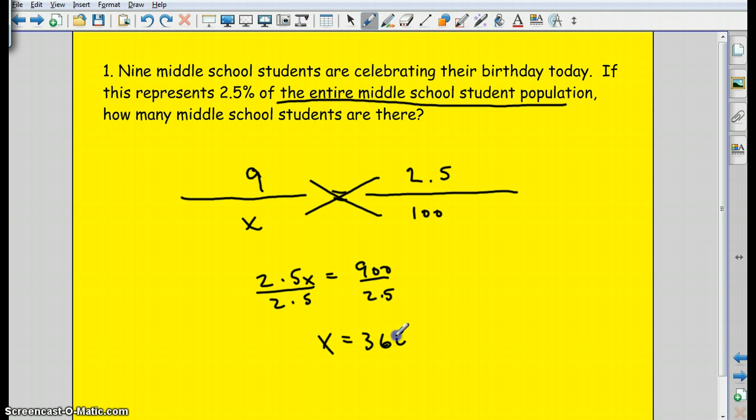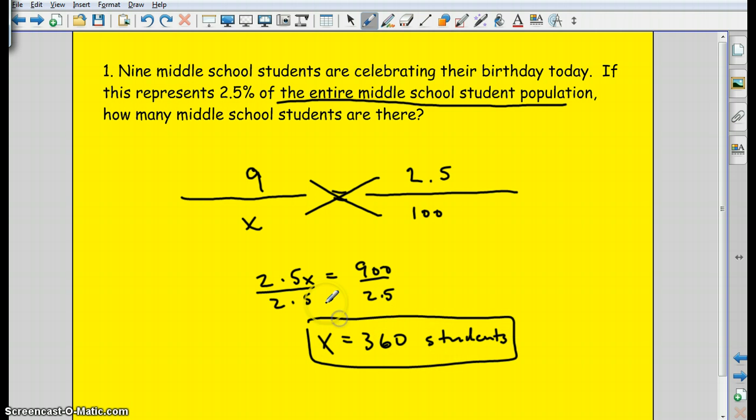Now, when you solve word problems, it's very important to do a common sense check. And what that means is simply ask yourself, does my answer make sense? Does 9 out of 360 seem like it could be 2.5 out of 100? Since 9 is pretty small, 2.5 is pretty small, we know that the number of students has to be rather large. I think we've done a great job. If we go on to the next problem, problem 2,